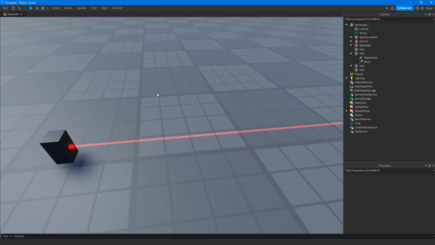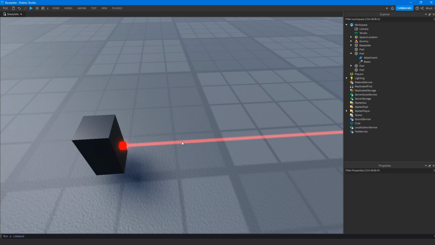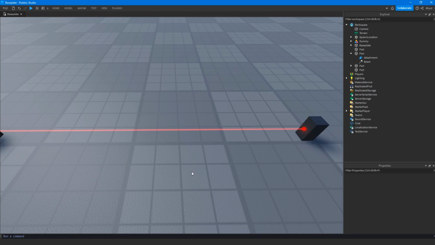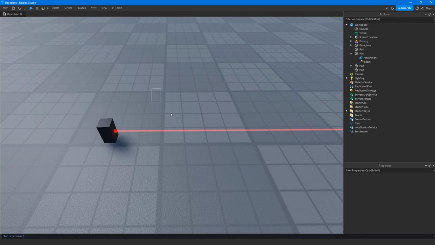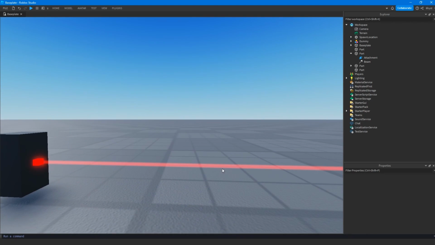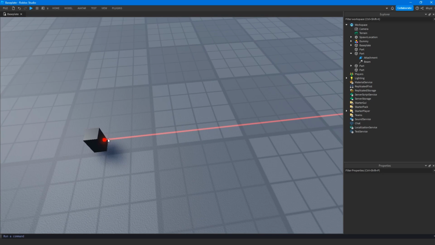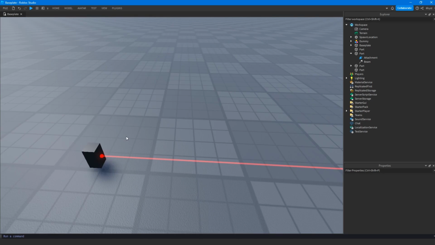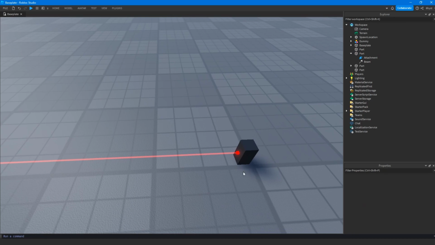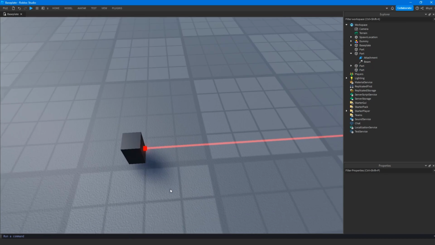So what I want to do is detect that there's hit collision here, because this is actually a beam, right? And beams don't have touch detection, only parts. Not to mention, touch isn't the most reliable for hit detection, right? So, in order for me to make a reliable way of detecting this, what we could use is raycasting, which